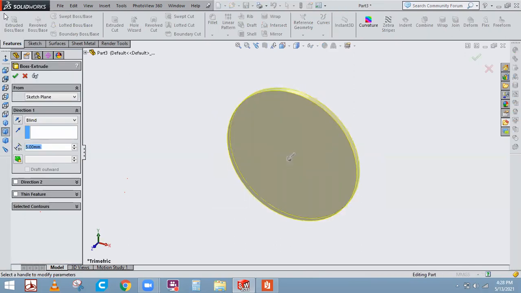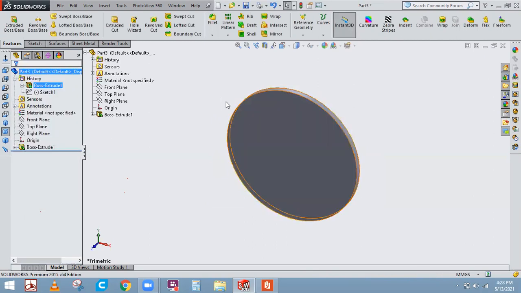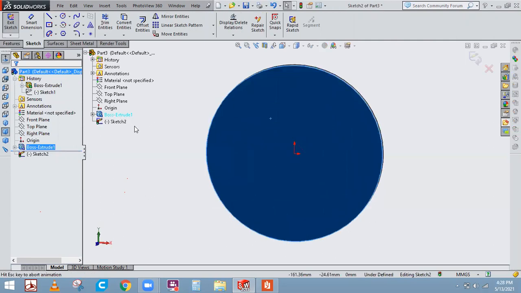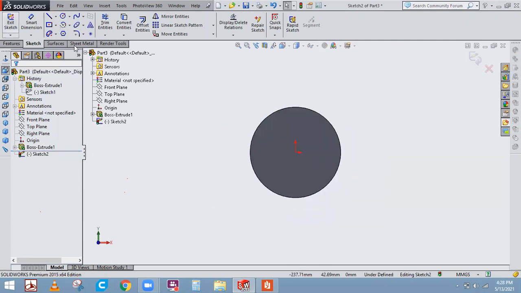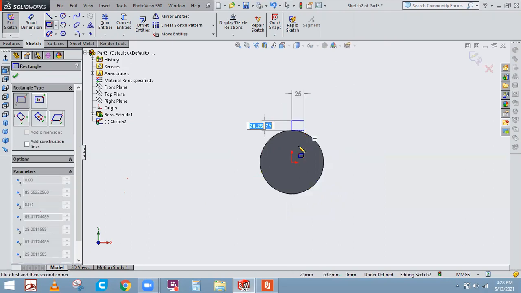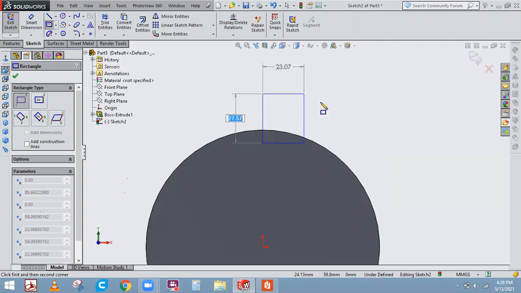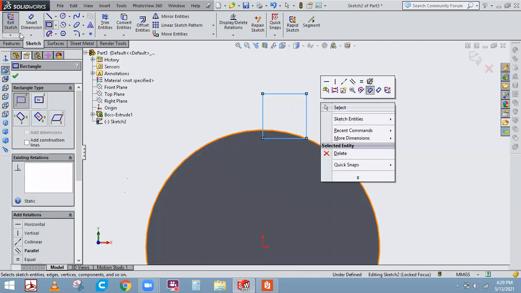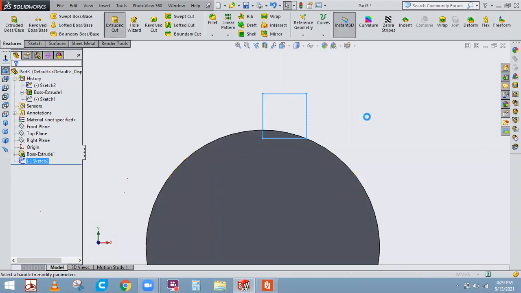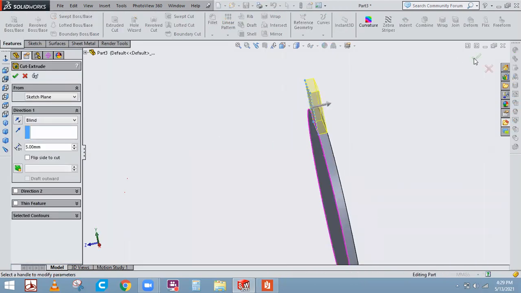That means not only a solid part you can pattern, you can even pattern a cut part. How? Just see here, I'll sketch on this part. I'll make it normal to. I'll create a corner rectangle, something like this. Once it is done, instead of adding the material to it, I'll just remove the material from it. Okay, so the material has been removed.